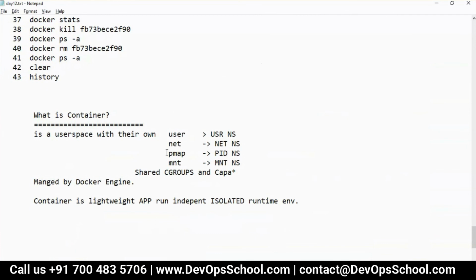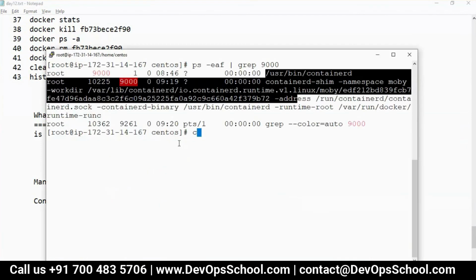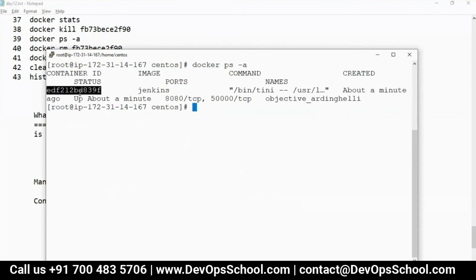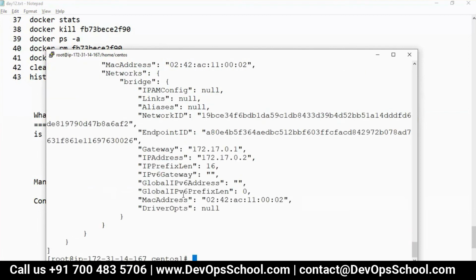Now next one is container gets a network. Let's get it. Here, this container. I'm not teaching you command, but I'm just getting it. Inspect container. See here. I failed. Can I create one more container? Docker create from Jenkins.